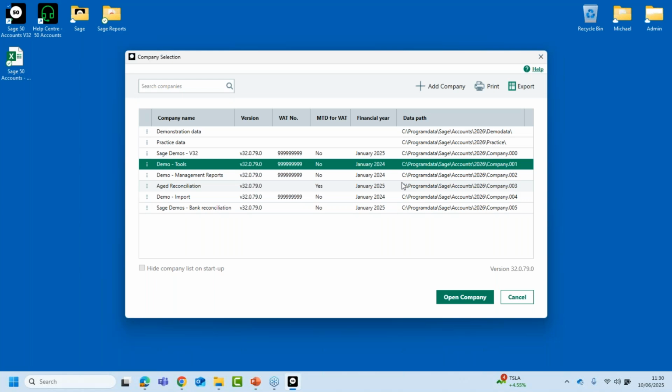If you're a single company license, though, you have that choice within tools and options. It would let you disable the option, so you don't have to have this screen presented to you. If you've only got the one Sage company, then all that you would be presented with on the company selection is demonstration data, practice data, and your company. If you've got multiple companies, obviously the others are going to be listed as well. But if you've only got the one company, rather than saying, right, that's the one I'm after, click open company, what you can now do